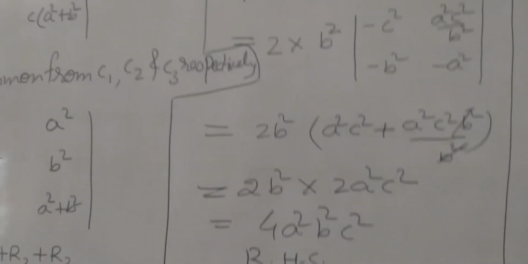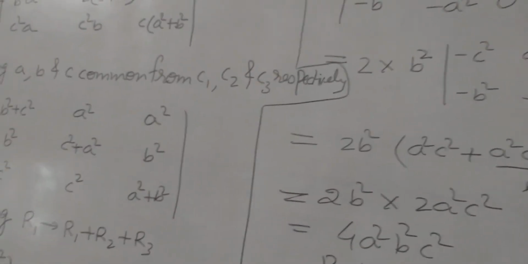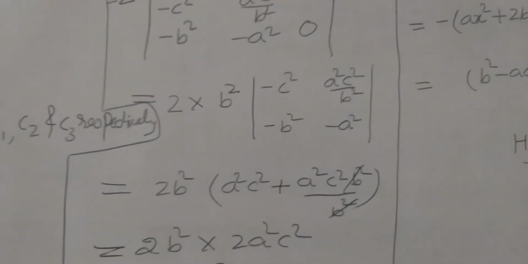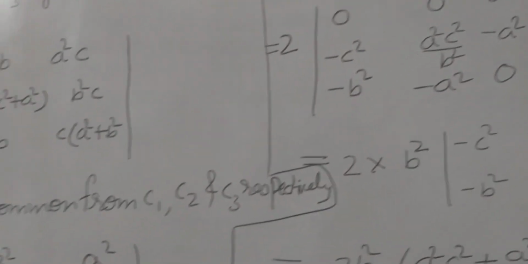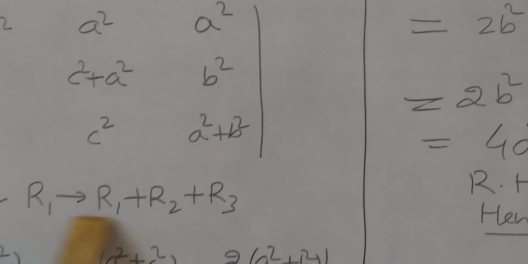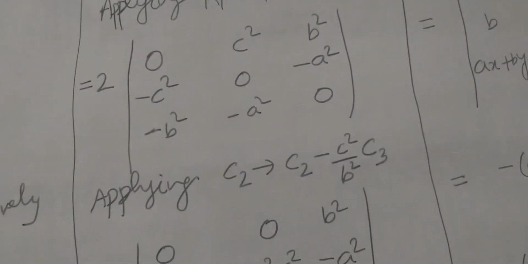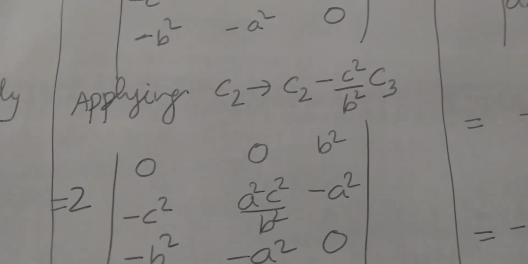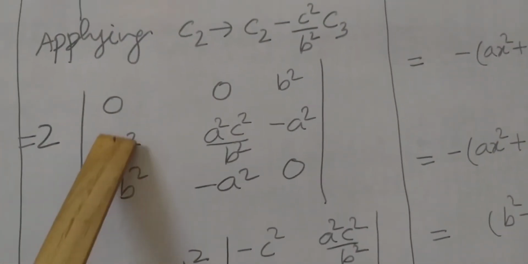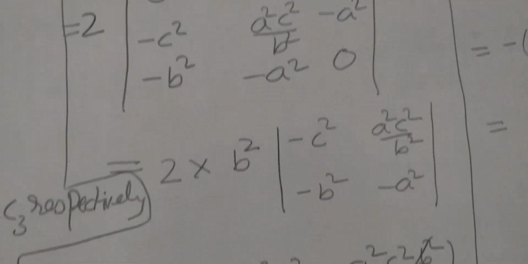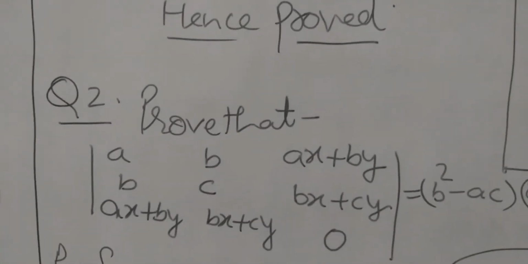So this is the method of proving, students. In these kinds of questions, you have to think about which property we can use to get our answer, or to get 2 zeros in one row or one column. After that, we can expand it. One more question I am going to take, students.